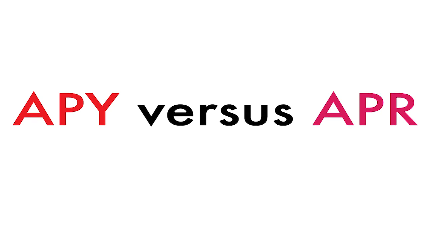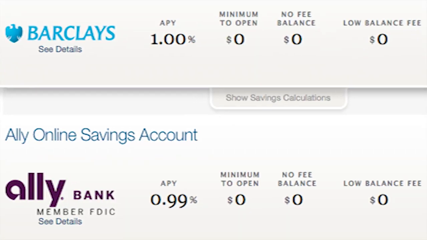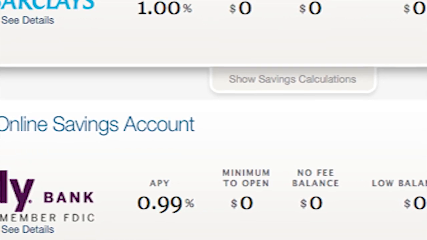Some people have asked about APY and APR and what those mean. So APY is annual percentage yield, and it's a term that applies to savings accounts. So it talks about the total yield you'll get in interest after your fees and charges on your savings account. It's a better indicator of how much you're going to get than just looking at interest rate because it subtracts out the fees and charges. So if you're looking at different savings accounts, you want to ask about the APY, not just the interest rate.